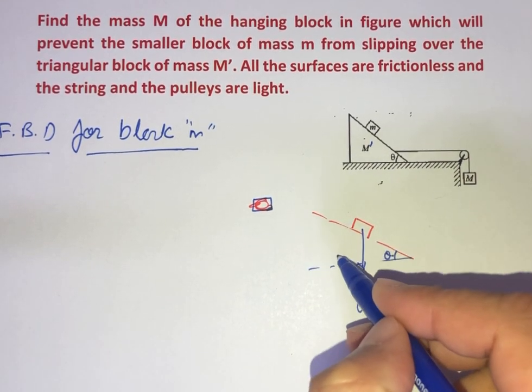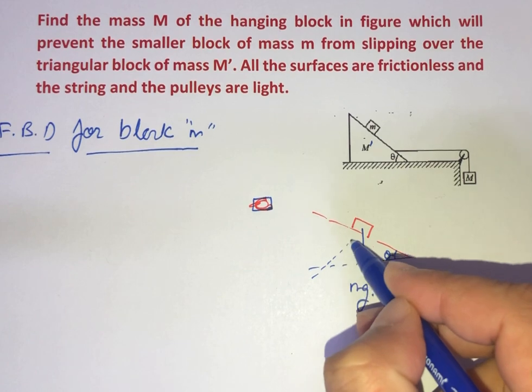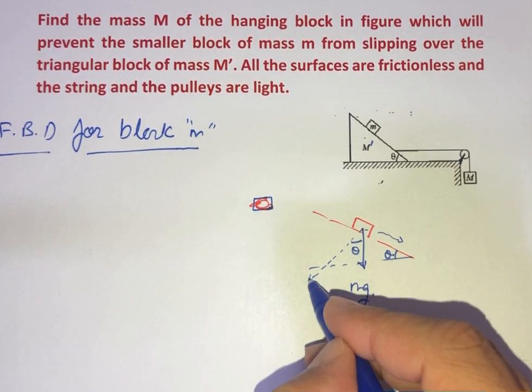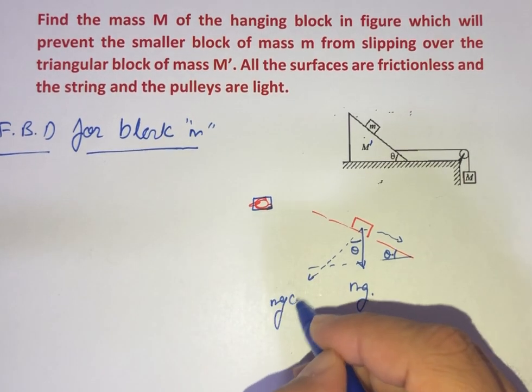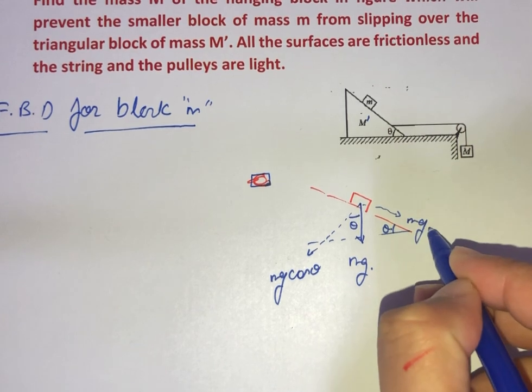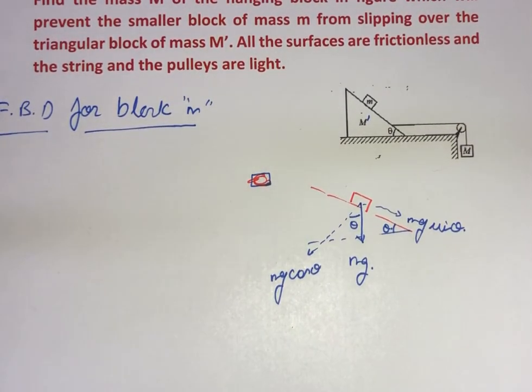So the mg can be divided into two components. This angle will be theta, so we are going to have this as mg cos theta, and this will be mg sin theta,